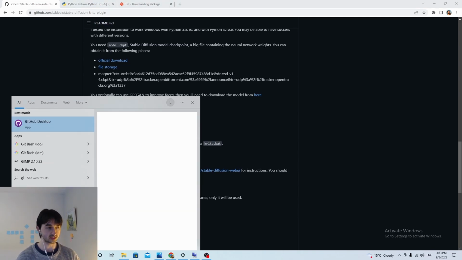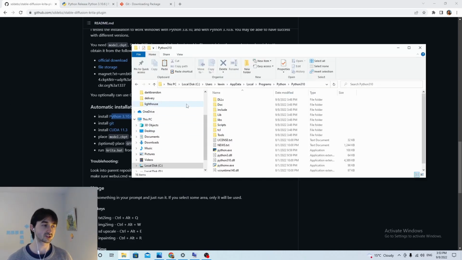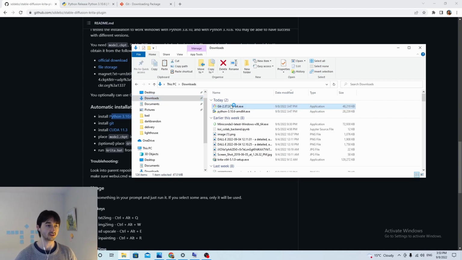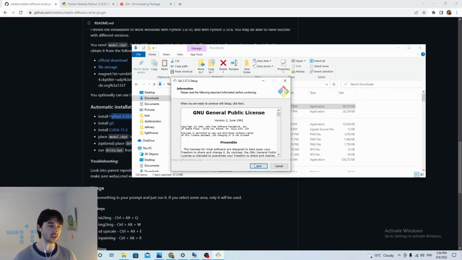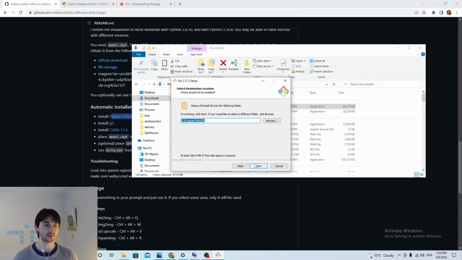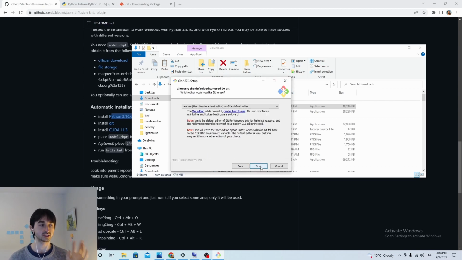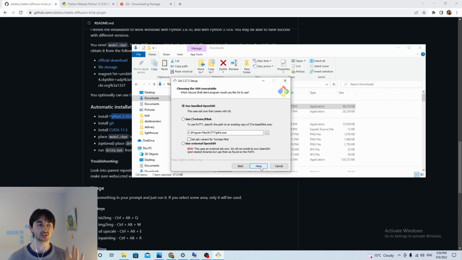Now, if we type git here, okay, I already installed Git Bash previously, so there are some things about Git already in my system, and it kind of knows where everything is. But I uninstalled it, so we're just going to install it again. You go to downloads, find the thing that you just downloaded for Git for Windows, and then there's a lot of options here. There are a ton of options. I'm not a very clever man, so I'm just clicking next through all of this, and I just let it